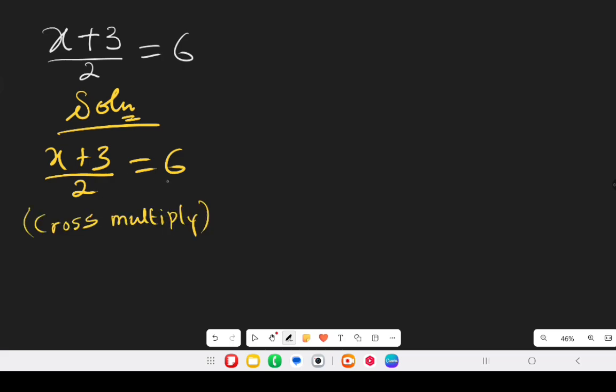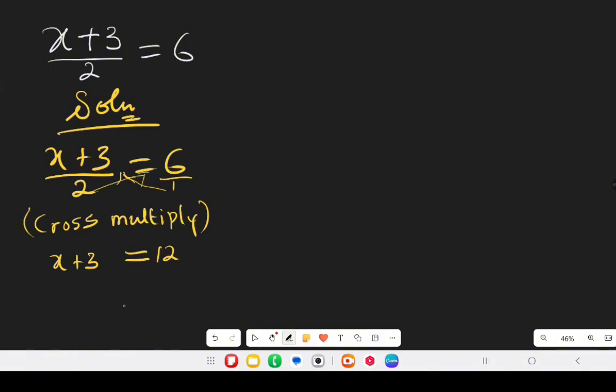We make 6 become a fraction. Any number is over 1. It makes it a fraction. When we cross multiply, 1 times the numerator of the left hand side, which gives us x plus 3 times 1, which is the same thing as x plus 3, equals 2 times 6, gives us